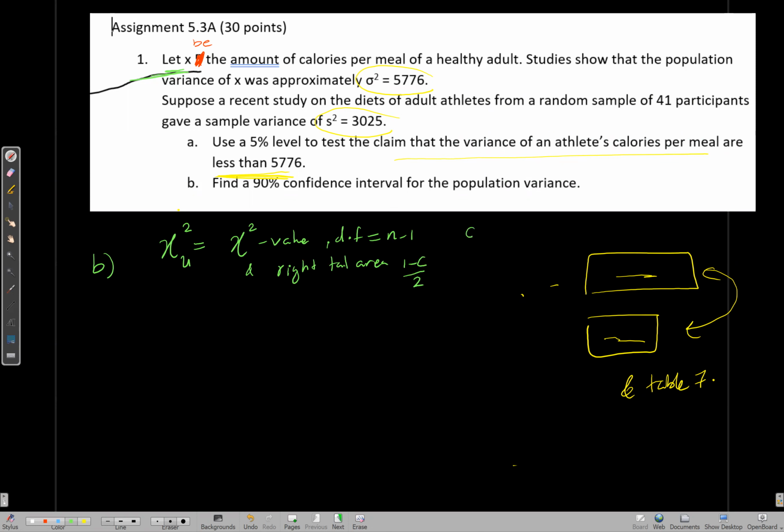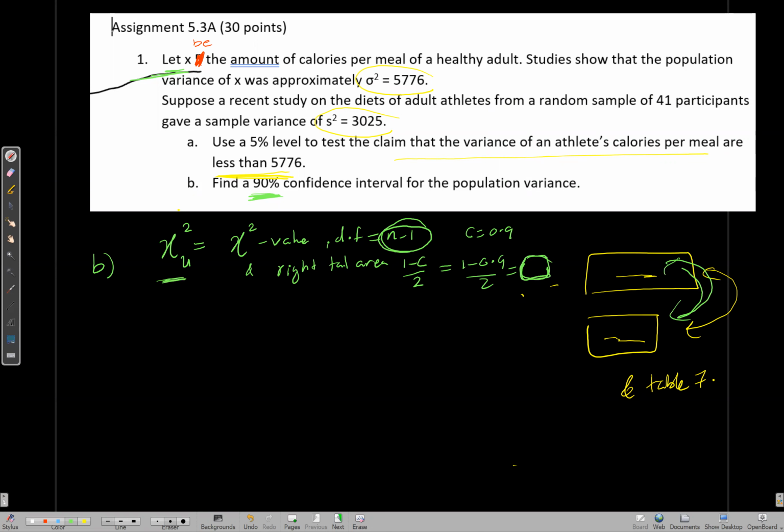In this case, c is 0.9, because it's a 90% confidence interval. Now, using that, 1 minus 0.9 over 2, you find that value. And then, using that value and this df, exactly like you did before using table 7, you find